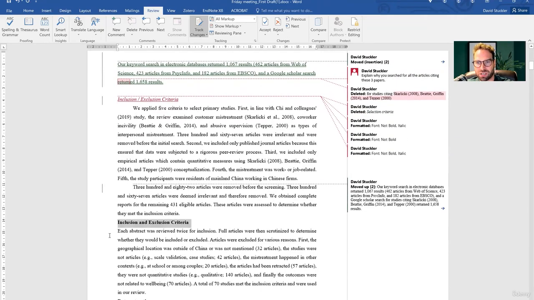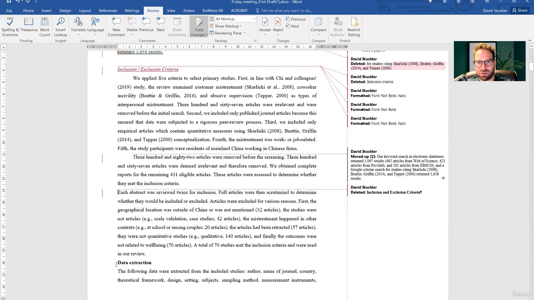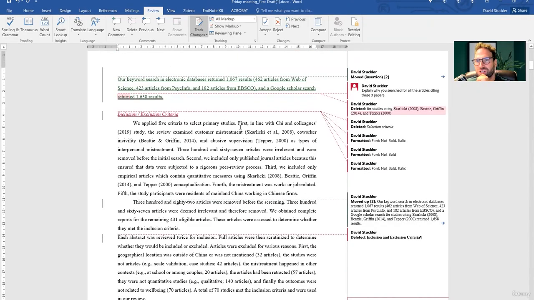Right. So let me take this out. Okay. So we applied 5 criteria to select primary studies. First, in line with Chi and colleagues' study, the review examined